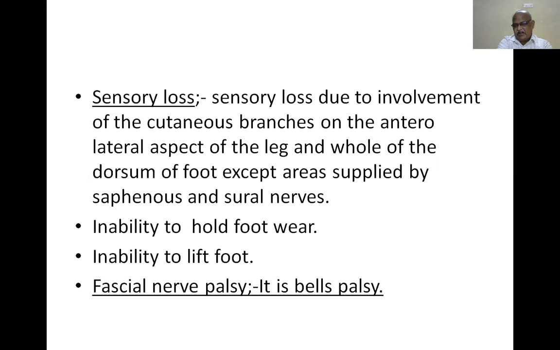So, in common peroneal nerve injury, dorsiflexor and peroneal compartment function is lost. So, a limping gait will occur. You cannot run properly; you can walk, but with a limping gait. This occurs because of common peroneal nerve injury.